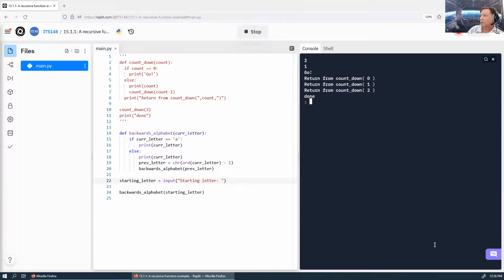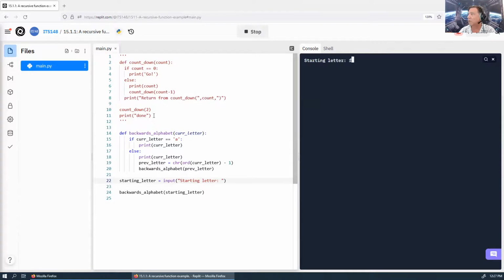Well, what happens when I run this? It's going to ask me for a starting letter. I wonder how you get this to restart. Do I have to do Control Enter? Oh. Okay, starting letter. Now, if I put F, it counts down. And so I'm going to do the same thing I did last time. I'm going to say